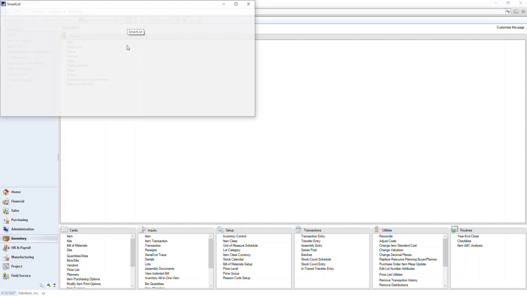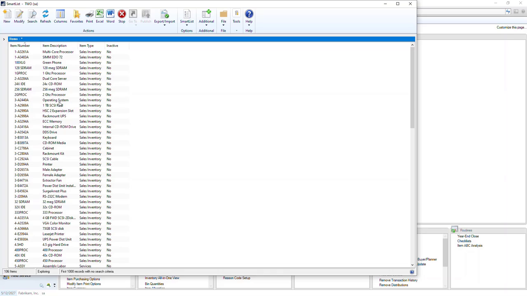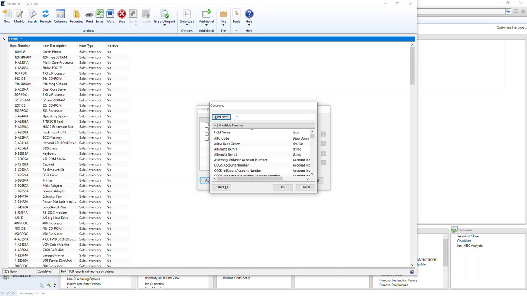So to show you those couple of changes, I'm still in my inventory series, but I'm going to go ahead and pop open the smart list. As that loads, I'm going to expand my inventory and items options, and we'll go ahead and look at that default option for smart list. What we mentioned first is that the inactive column and field is available here. So you can see all of my items are No, so they're all active right now. I'm going to go ahead and first add that additional column here. So I'm going to find